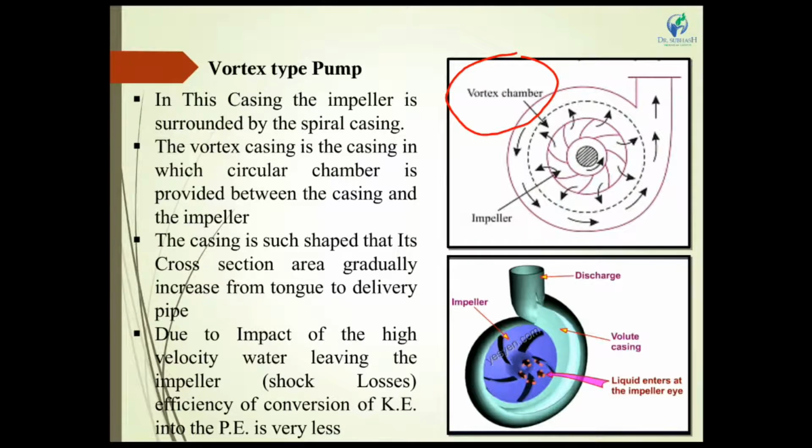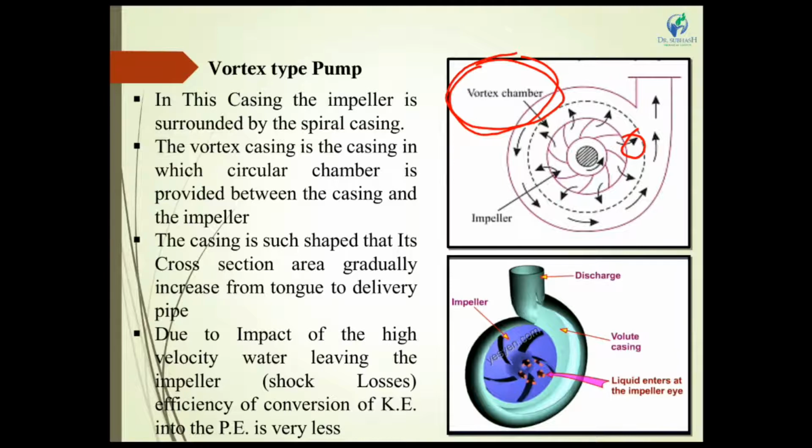When the impeller starts rotating, the water passes from the blade with centrifugal force as kinetic energy due to the high rotational speed of the impeller. Then after this, the arrow mentions that the higher velocity water passes through the vortex chamber. The function of the vortex chamber is to convert kinetic energy to potential energy.